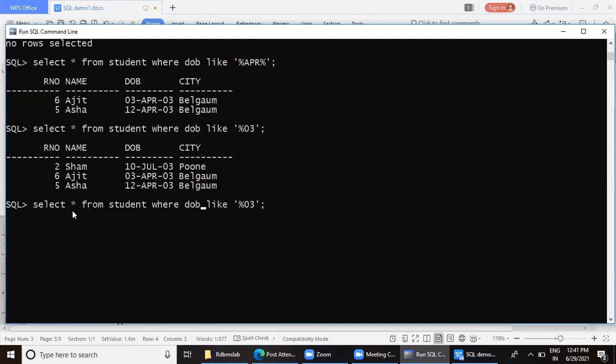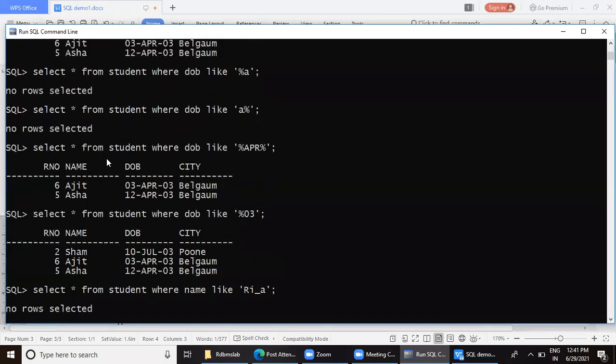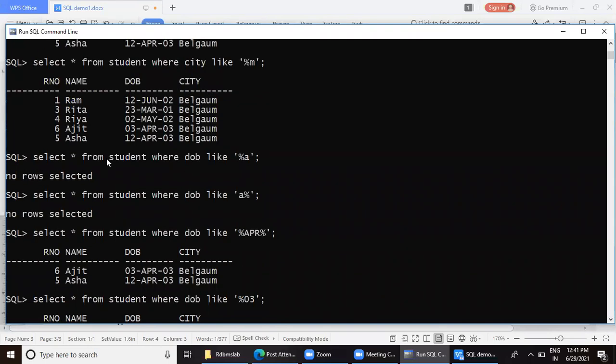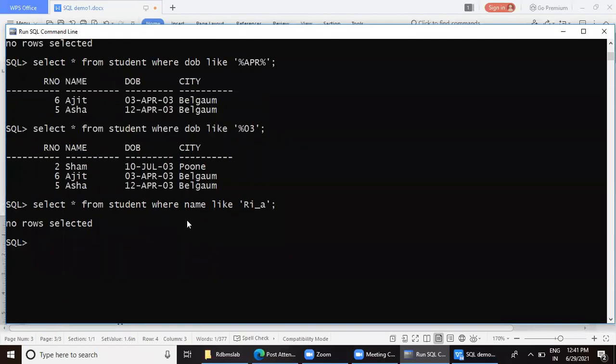So I say where name like, the first two characters are RI, and then the middle character can be a single character, anything, and then A. There is some problem here.